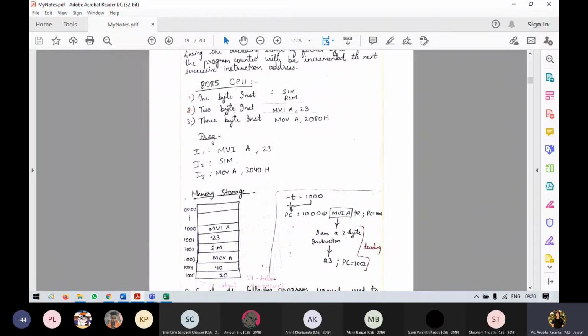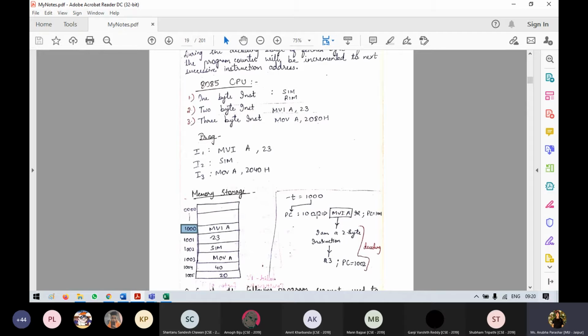Let's take an example. There is a program which says MVI A, 23. This is the start address which will be held by the program counter. To start fetching the instruction at address 1000, the program counter will be holding that address.